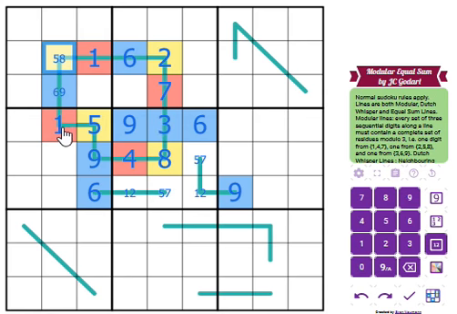So this sums to 14. So it's 9, 5 or 6, 8. 6, 8 doesn't work. So this is